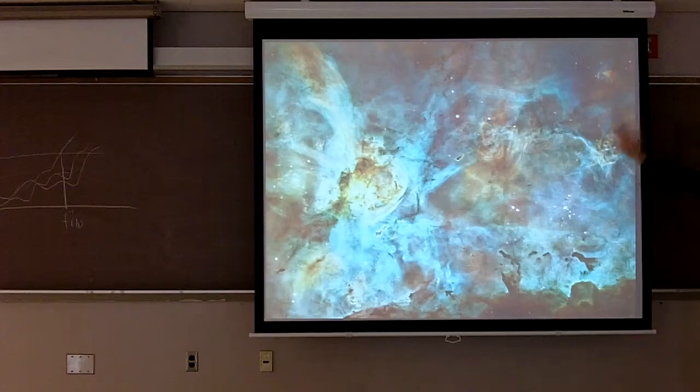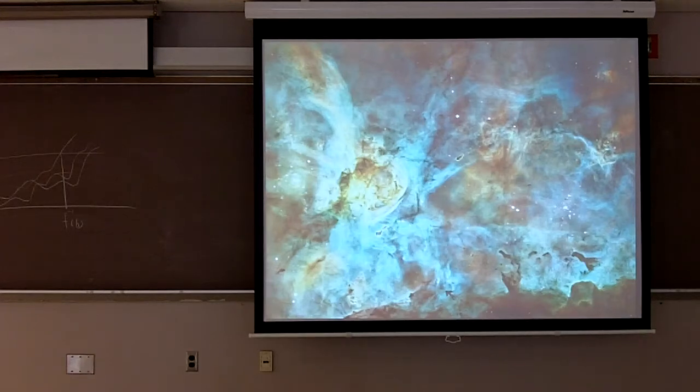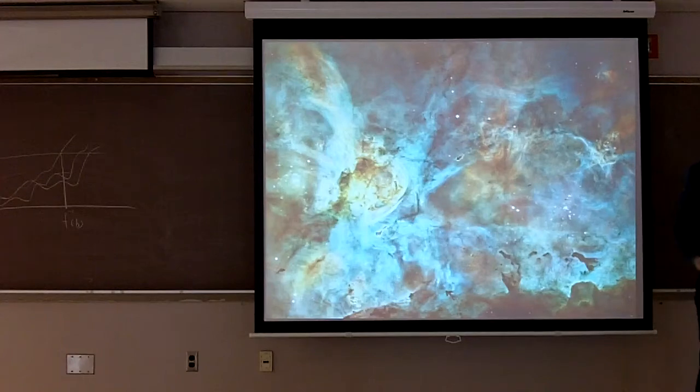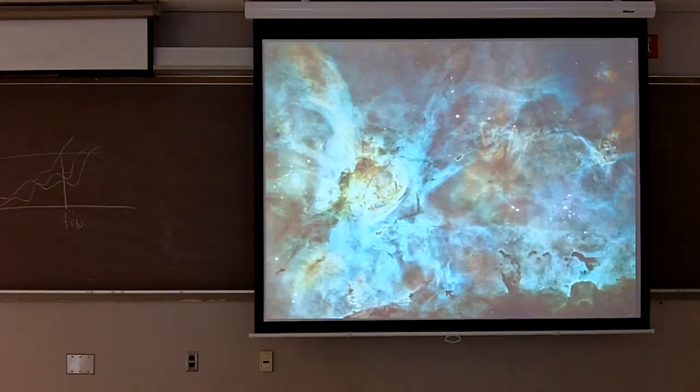But there's tons and tons of information in this image that we don't really understand how to process in a machine way. You can say, this cloud looks like a duck, and that cloud looks like a duck, and then you can write a paper about ducks. But that's not the way we think about interpreting data in a modern context. So how do we take in all this information that's coming off telescopes incredibly quickly, and say something about it that tells us about the way the universe is constructed?